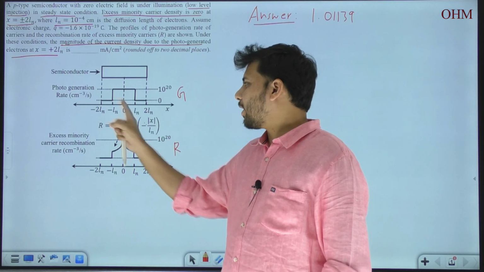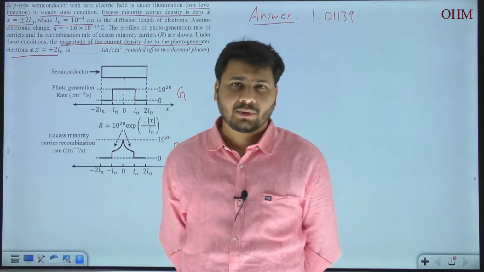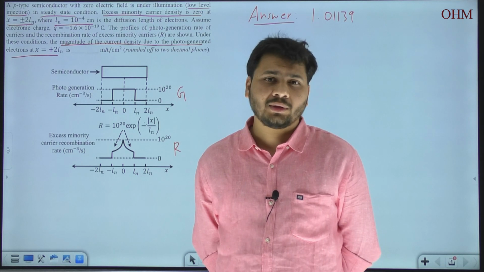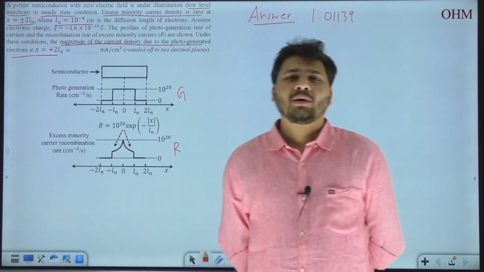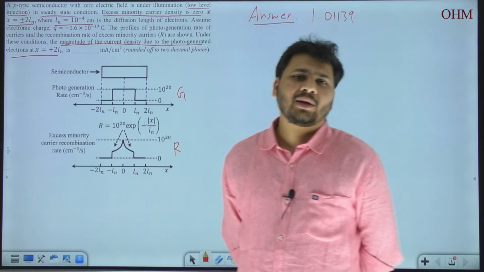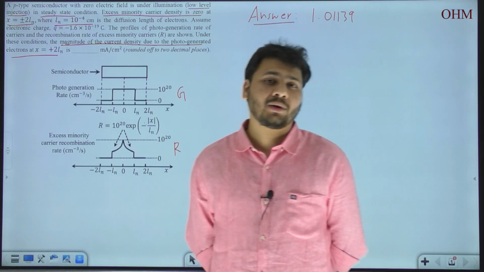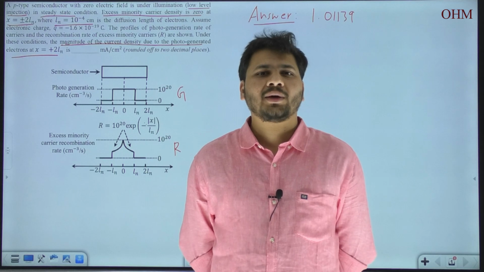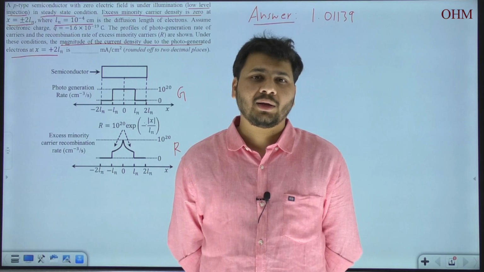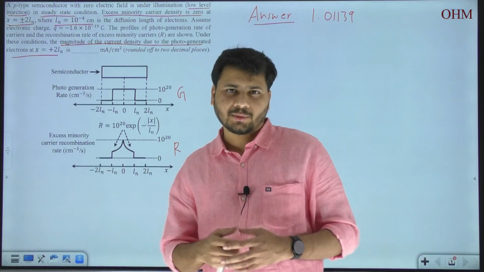So these two regions on either side of the p-type semiconductor, Ln to 2Ln and minus Ln to minus 2Ln, are they not similar to the base region of a bipolar junction transistor? Even in the base, which is very narrow compared to the diffusion length of the minority carriers, there will be no recombination. Of course, there is no generation. So the minority carrier concentration profile in the base would be linear. As you go from emitter to collector through the base, the excess minority carrier concentration will linearly decrease. So in these two regions as well,